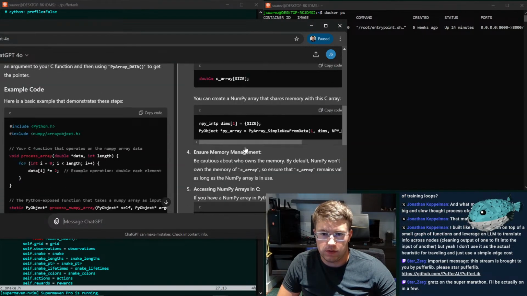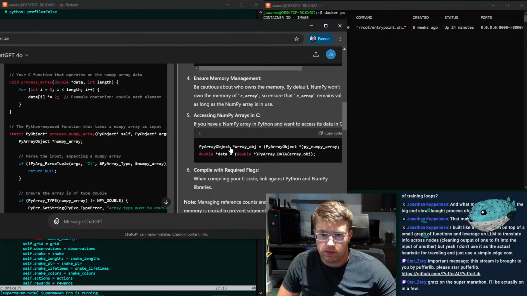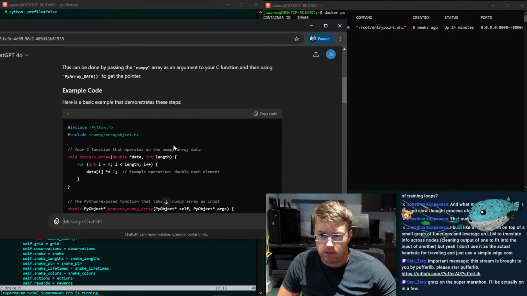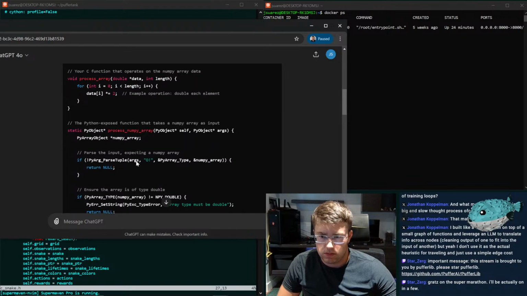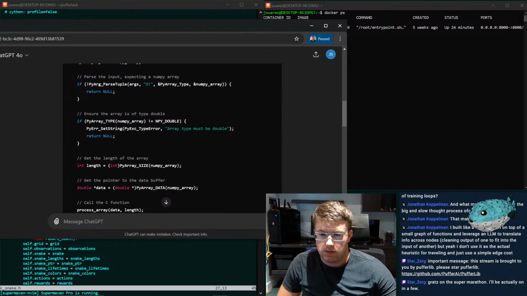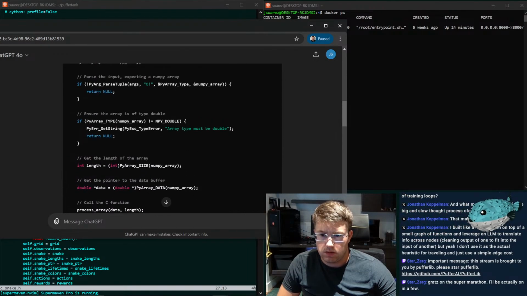It's given me two of these and I don't know which, and they're completely different. I'm going to go with the one that has all the code in one spot. So here's your code. Okay, it just takes double star data. I hate PyBind so much.